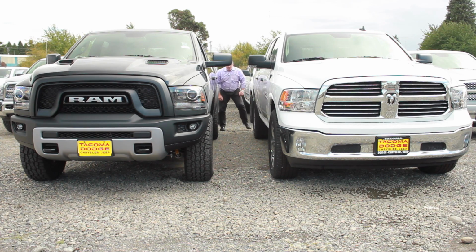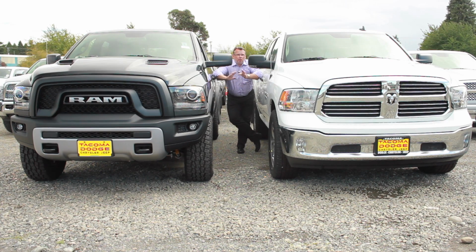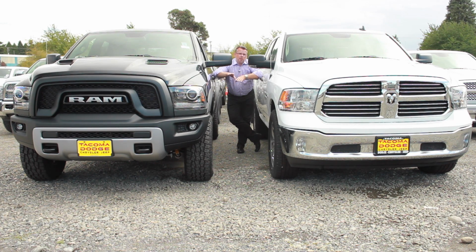Hello, VJ Drives Tacoma. I parked my Rebel next to a regular Hemi 5.7 liter 1500 Ram. You see already in the front fascia some really big changes. Not only the grille and the lights, but everything looks a little bit more bulky, a little bit heavier on this side, the black one. One really nice thing on this one is, this is a mainstream off-road pickup truck that you can have fun with. And with the air suspension, which you can actually raise or lower inside the car, there's a